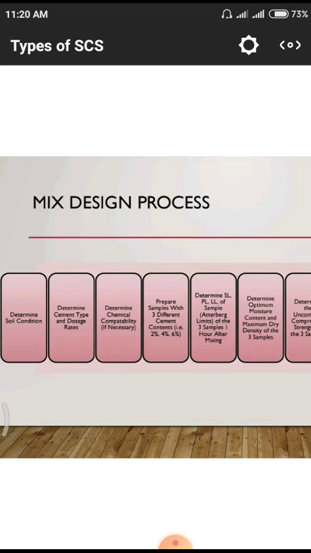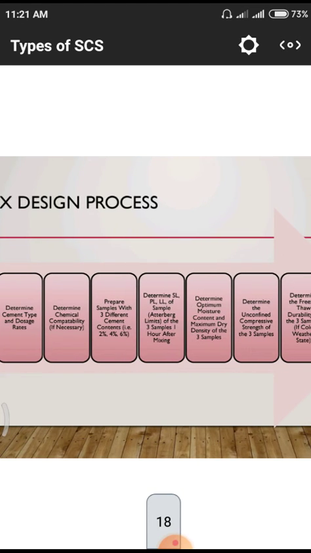That means of the total pozzolana cements, we don't have to prefer them; we only have to prefer Portland cements. So using Portland cement we need to observe 3 to 4 conditions, whatever may be necessary. Determine the SL, that means live load, dead load, and other Atterberg limits, and test 3 samples an hour after mixing.